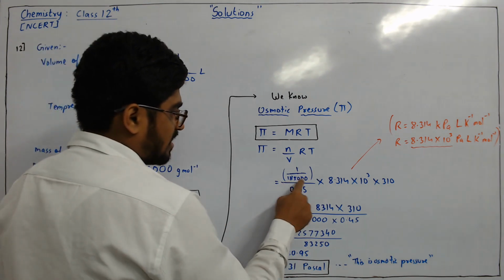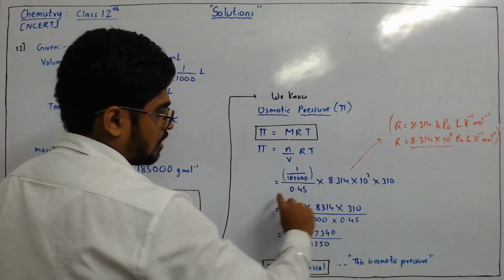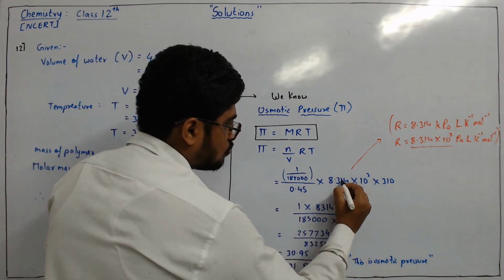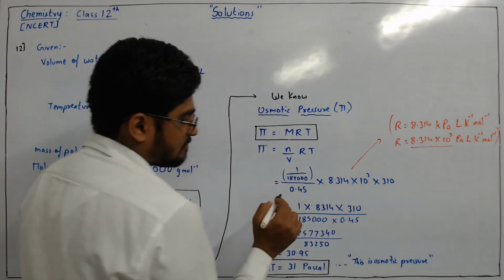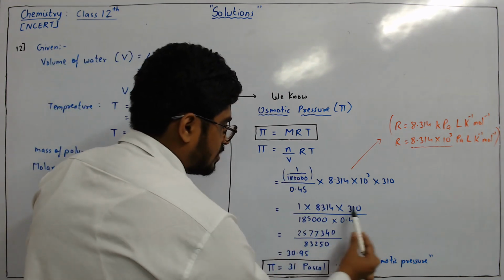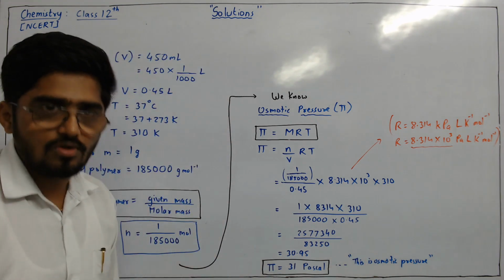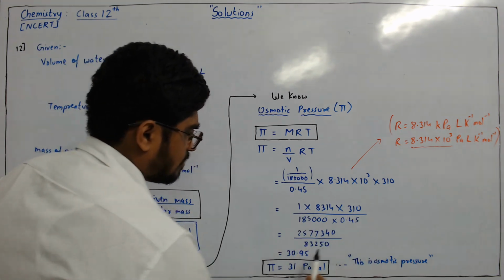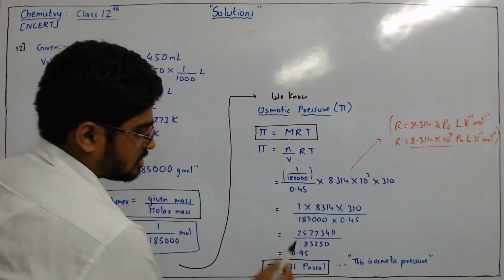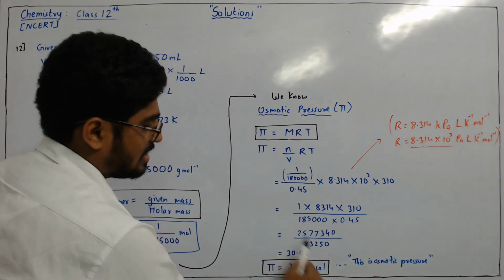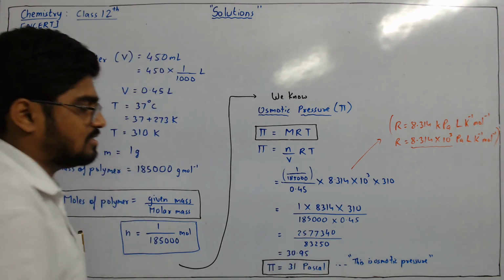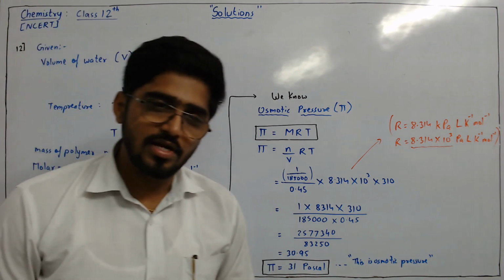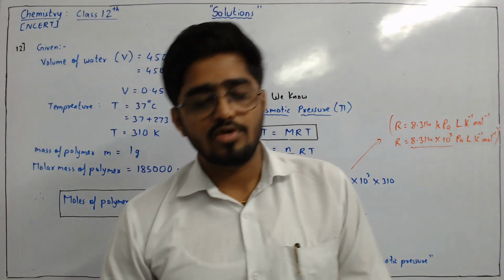So this 185,000 will go down. In the upper values, 8.314 multiplied by 1000. The decimal point will be shifted 3 times: 1, 2, 3. Then what did you get? 8314. So multiply numerator and denominator; pause the video and do the calculations in your notebook. So the numerator value you got this, the denominator value you got this. If you divide these two, what answer do we get? 30.95. In round figures, 31 Pascal. So the osmotic pressure of the solution, the answer we got, is 31 Pascal. I hope, students, you understood all the 12 questions of our in-text.